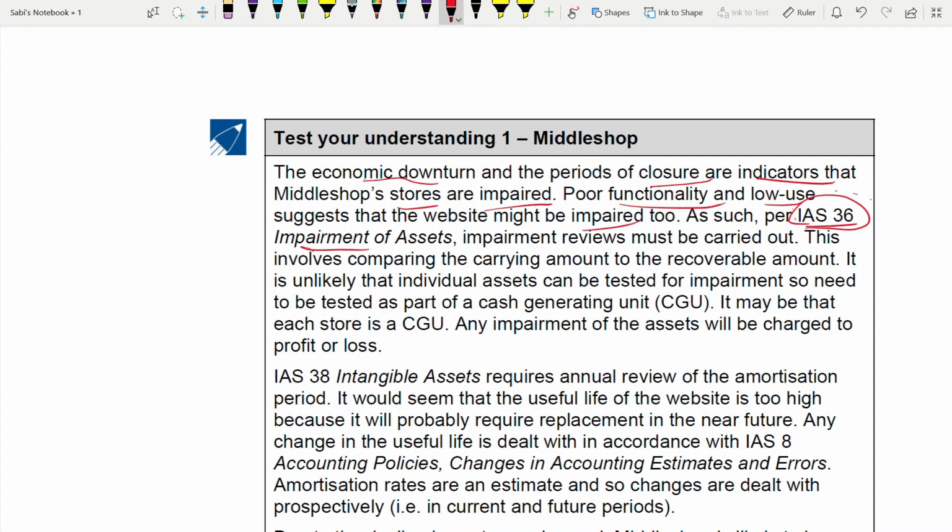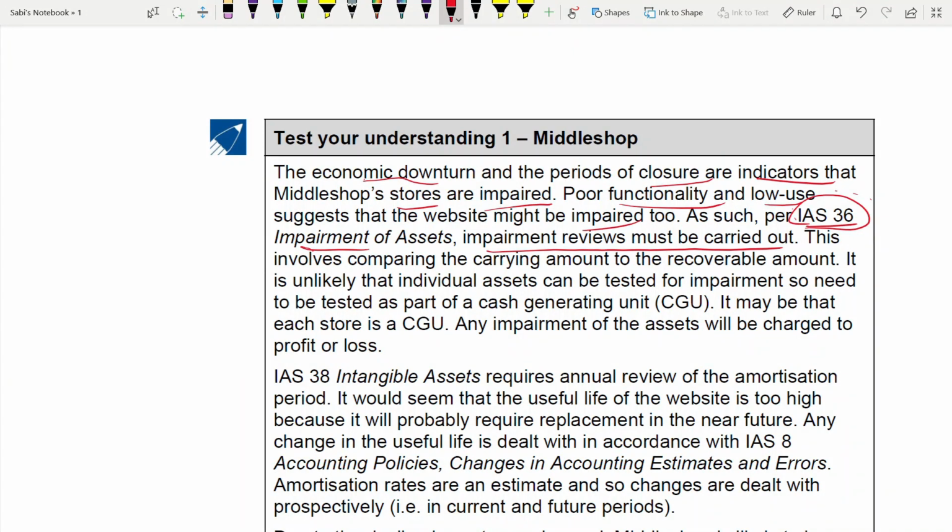Okay, after this, we are directly jumping into the questions from your textbook. After this, no more lectures are there. After the current issue. So IS 36. What does it suggest? Whenever there are some indicators of impairment, it suggests impairment reviews must be carried out. Correct? Okay, so this means